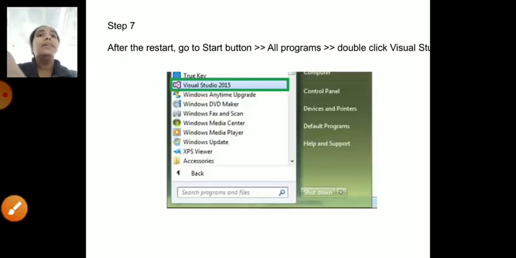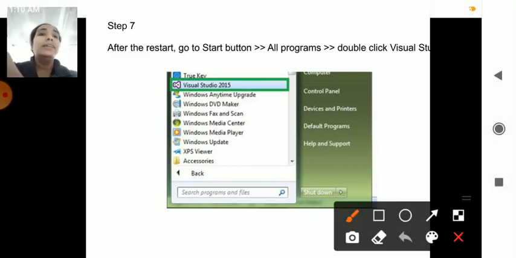After restarting, you can go into your system and click the start button, and it starts with various options. You can see the options are there. You have the Visual Studio 2017. It may come up with 2017. That option will be present in front of you. After clicking on this,